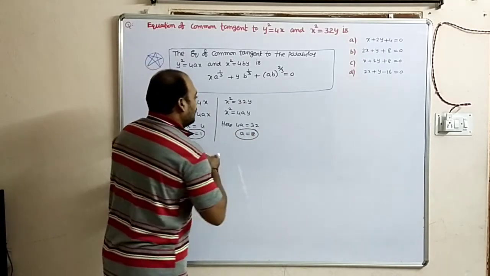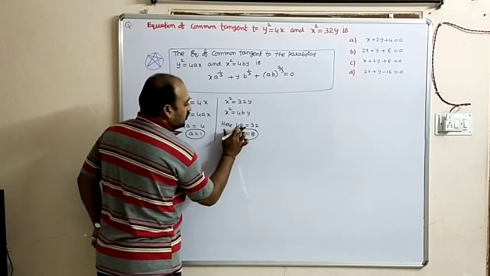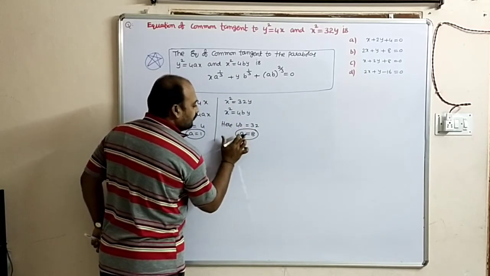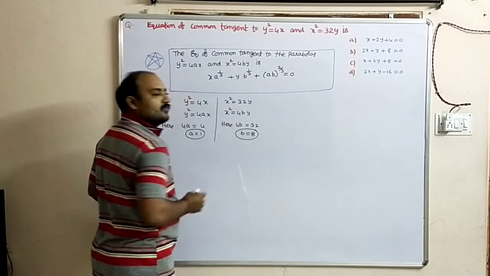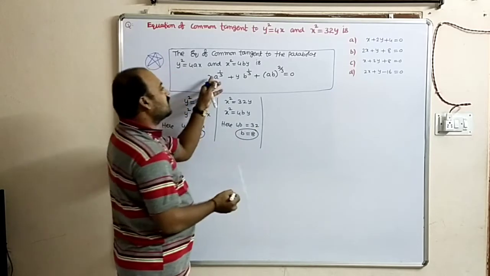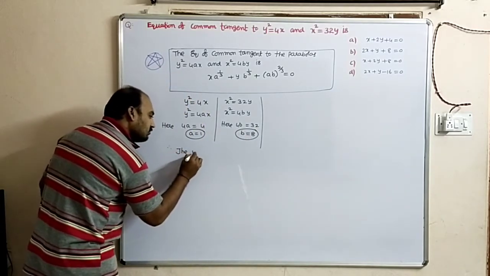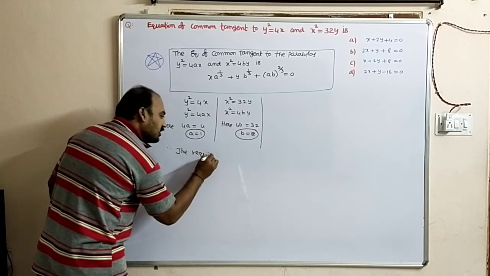After getting b compared with here, why? Because a and b values are there now separately. So 4b equal to 8. After getting these values, substitute in the above equation. The required tangent, the required common tangent